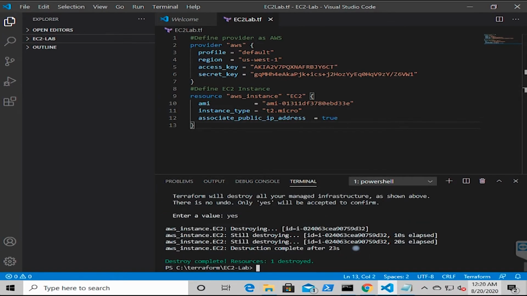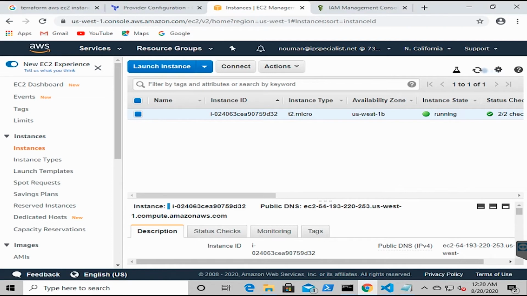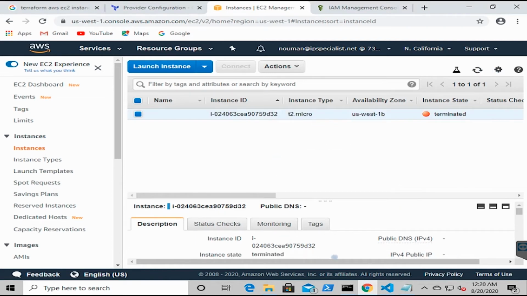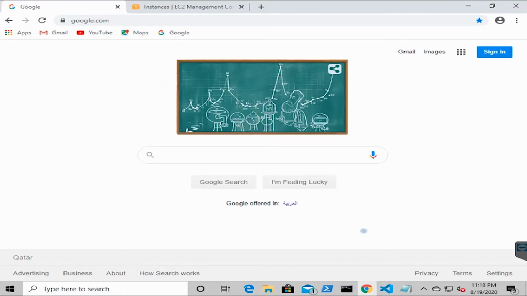Now as you can see, Terraform has destroyed the instance. Destroy complete, resources: 1 destroyed. Let's go into our console and double check that. As you can see, the instance has been terminated now. So this is a Windows 10 machine, as you can see, and this is the same machine in which we